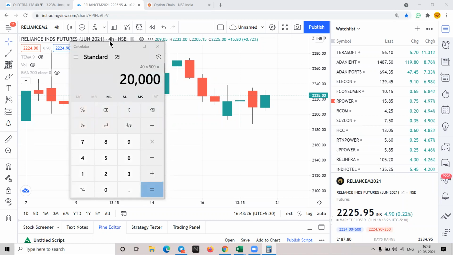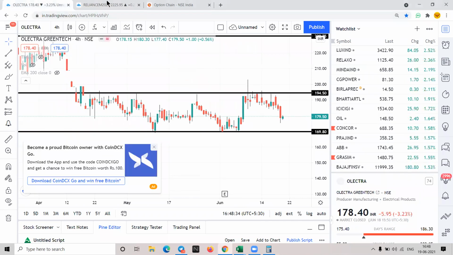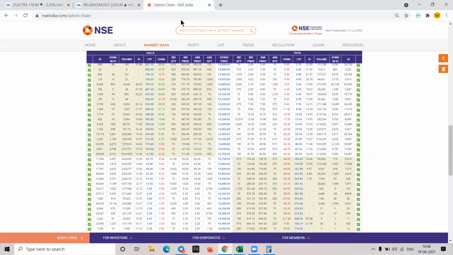In options, instead of month-wise contracts, there is a contract at every strike price. As we were just looking at the Nifty chart, in the Nifty option chain, at every strike price there are contracts which are traded, and there are call contracts and put contracts. Call means if you are bullish on the market, you buy a call contract. You are expecting that the market will go up, and if the market is going up, the last traded price at this strike price, which is 111, will increase. If the market is going down, this will decrease.